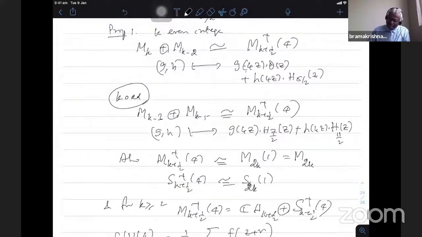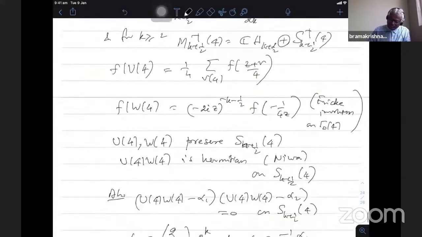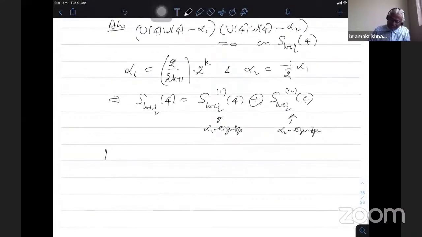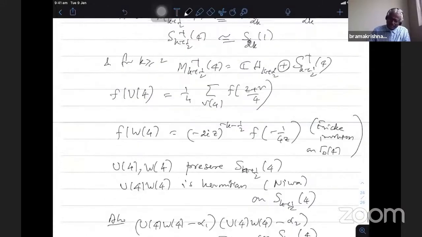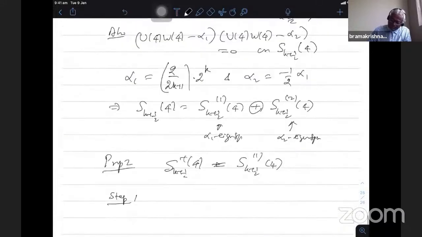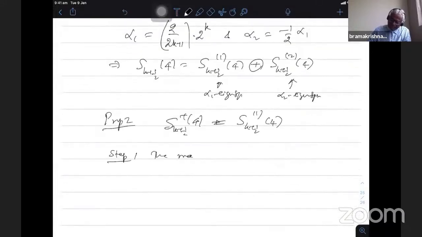So that is the first one. We'll see that this is proposition 1, and proposition 2. We'll give a sketch of all these things. Okay, I cannot give the full proof, otherwise it takes a lot of time. When I take the plus space, this is the alpha_1 eigenspace. So the alpha_1 eigenspace is the plus space, and I have the orthogonal complement. So we'll just see step by step how it is proved. Step 1, the maps are injective maps. First we show that these two maps are injective. That is easy to see. The maps defined are injective.